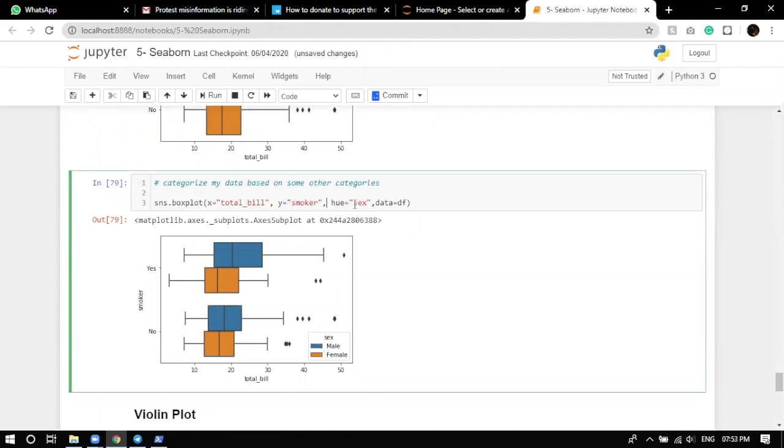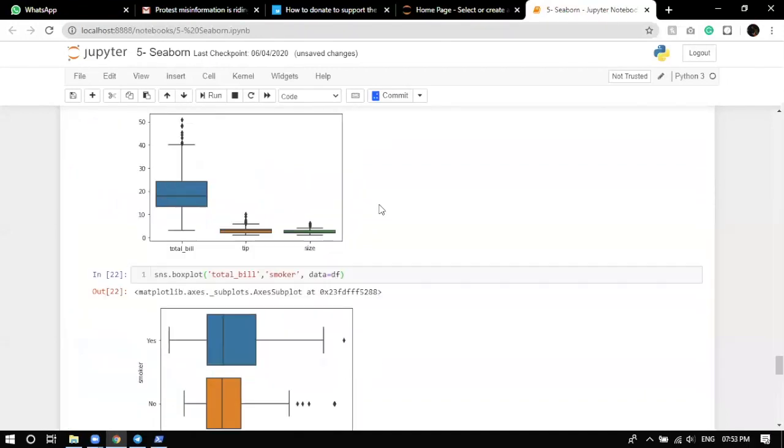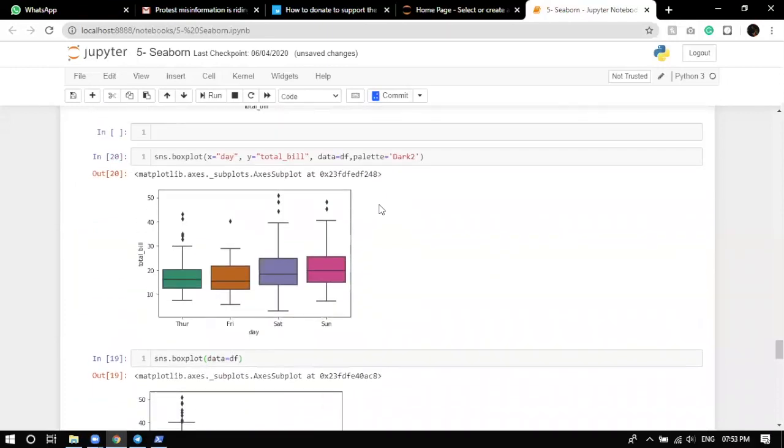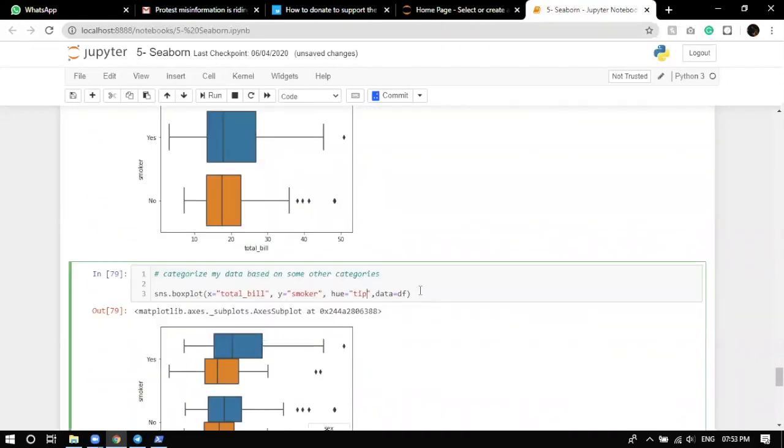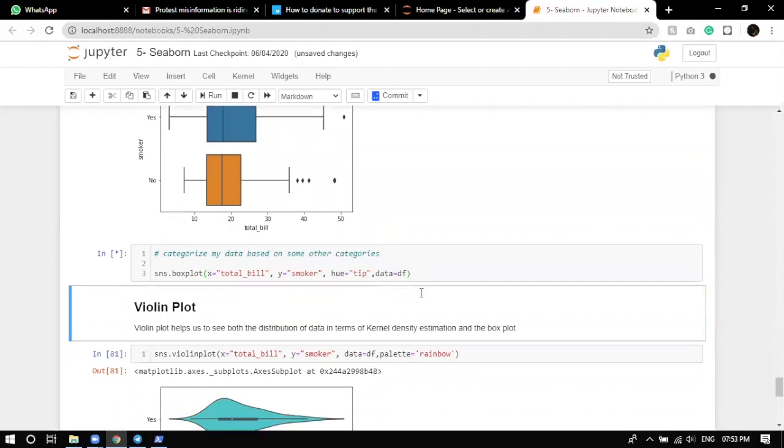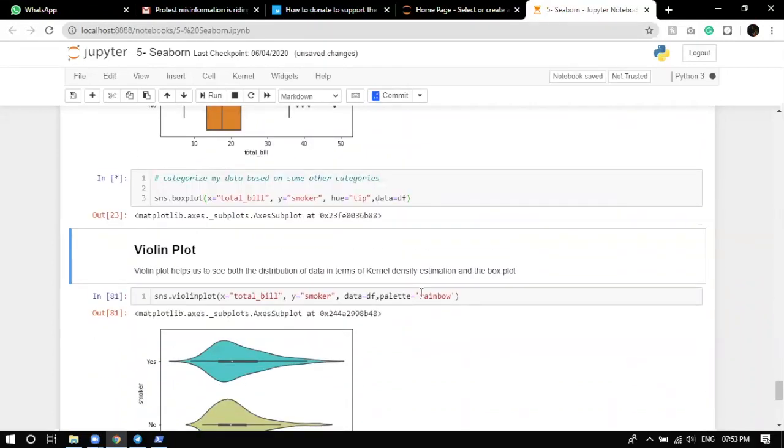Again, remember, do not provide any continuous value inside a hue column. Otherwise, let me show you what you'll get. Let's make it tip. The exact name, it's tip only, I guess. Now let's execute this. It's going to take a whole lot of time to execute.